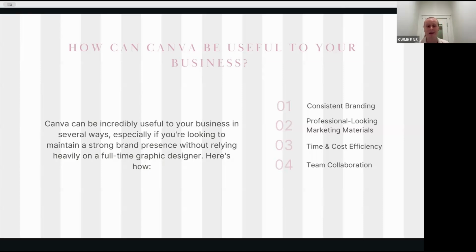And that's the best way you're going to be able to learn and use this platform. You can save a lot of time with their magic resize. So let's say you make an Instagram post, but then you also want to make it a flyer. You can change the size and all of your elements stay the same, but it just gets bigger